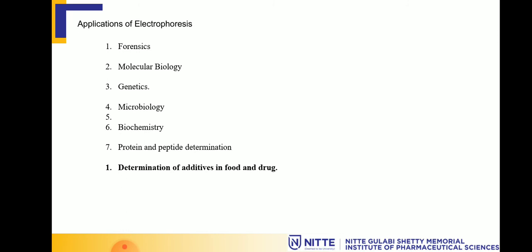Apart from this, it helps us in finding out the contents of additives used in food and drugs, because generally there is ascorbic acid or acidic or basic medium which is used in the preparation of vitamins and fruits. It is also used for the separation of enantiomers from a racemic mixture, and there are many other uses apart from this, like you can find out various organic acids like hippuric acid, oxalic acid, tartaric acid, and many more. And it can also help you in finding out minerals, fatty acids, and carbohydrates.